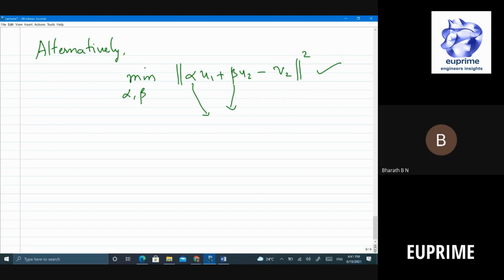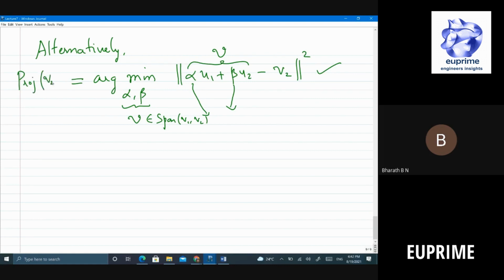Let's say minimize over all alpha beta. So what do I get? Okay, so what I can do is I can call this vector V. Instead of minimizing over all alpha beta, I can minimize over all V belonging to the span of V1, V2. That's what I have done. If I vary alpha beta, I'll get different vectors in the span of V1, V2. It's equivalent. So if I find such a vector, this argmin will give me the vector V that will minimize. So this is nothing but the projection